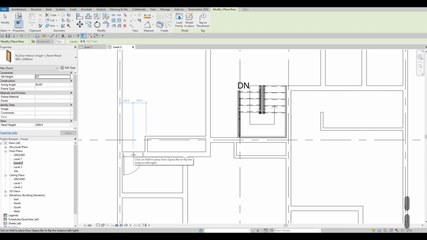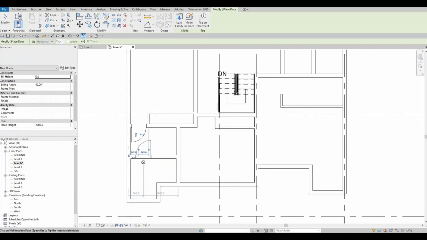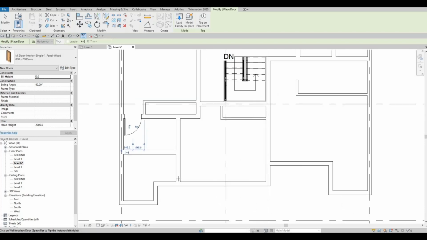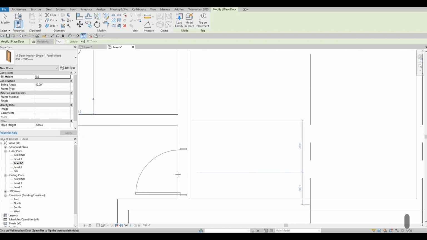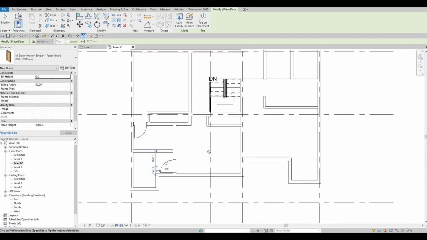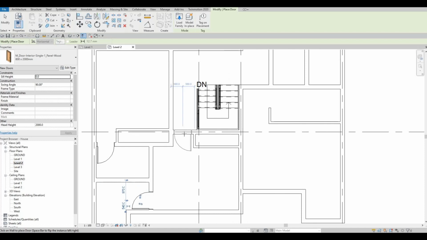You need to press your space bar to change orientation, and the side, so if you put your crosshair on the interior, it will go to interior, and then outside if you put it on the outside. So here I'm just adding this. Let's add this one as well, right about here. And then also right here,